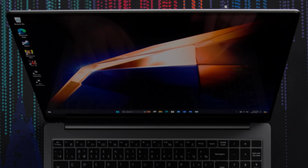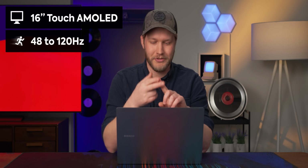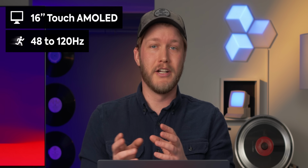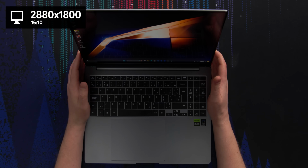Oh, it's a touchscreen. We've got OLED, we've got touch, oh my God, this thing looks good. This also has a dynamic refresh rate, so it's able to go from 48 to 120 Hertz based on battery saving stuff, but do note that it's not G-Sync. So it's not going to be doing that for frame pacing in games, it's more so just for power savings. The resolution also is a little bit more than Quad HD, so 2880 by 1800p, and hot damn, this